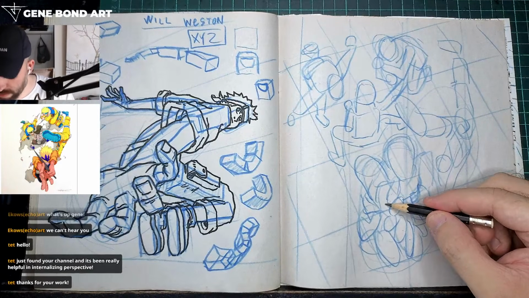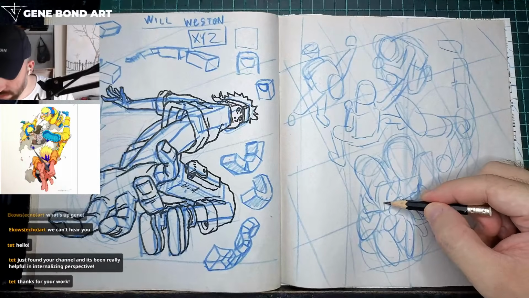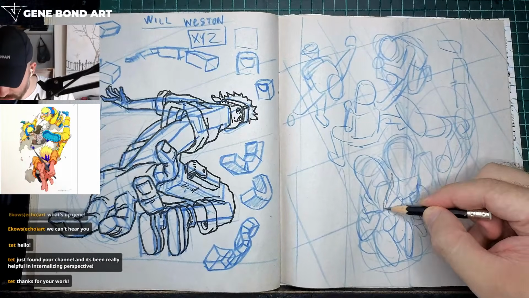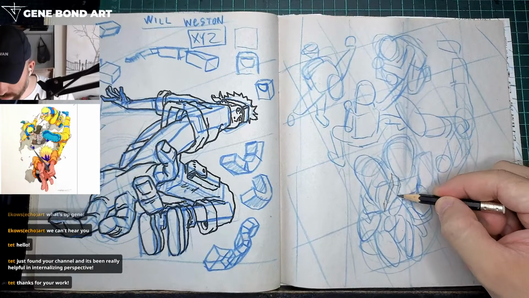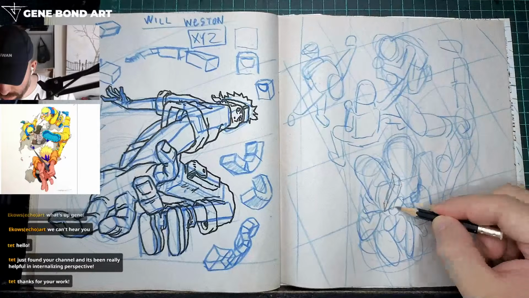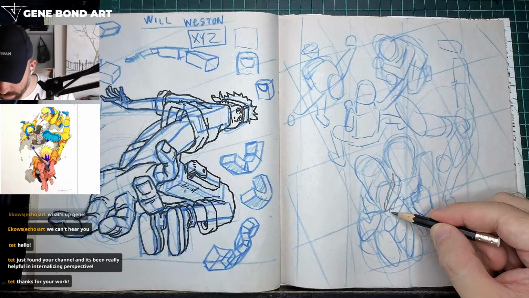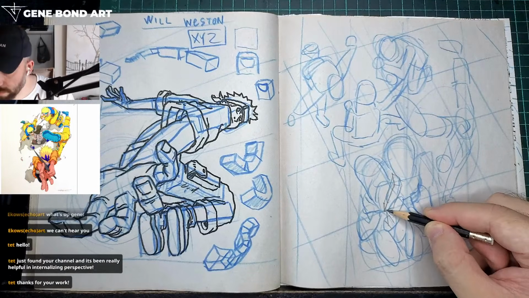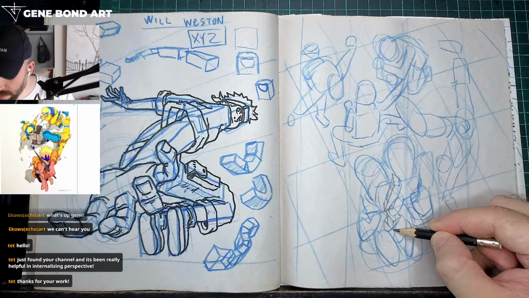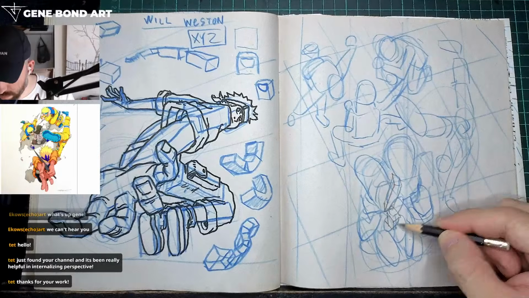So this finger, then this kind of, this is